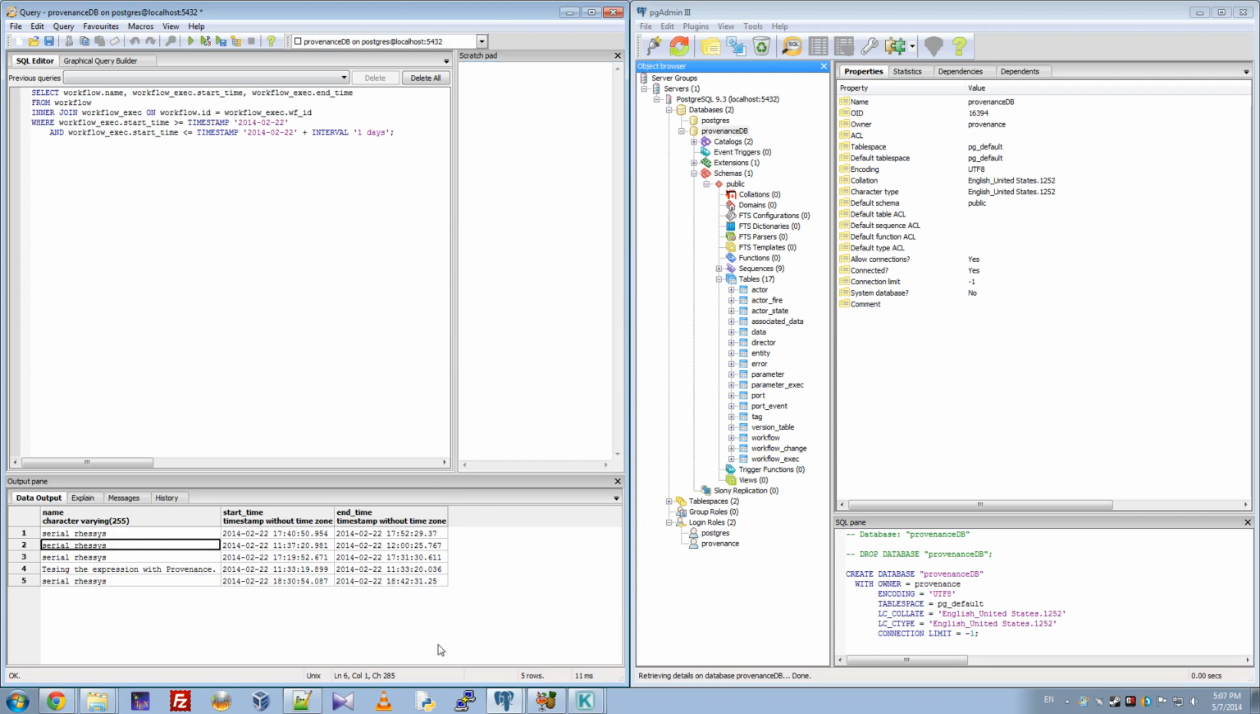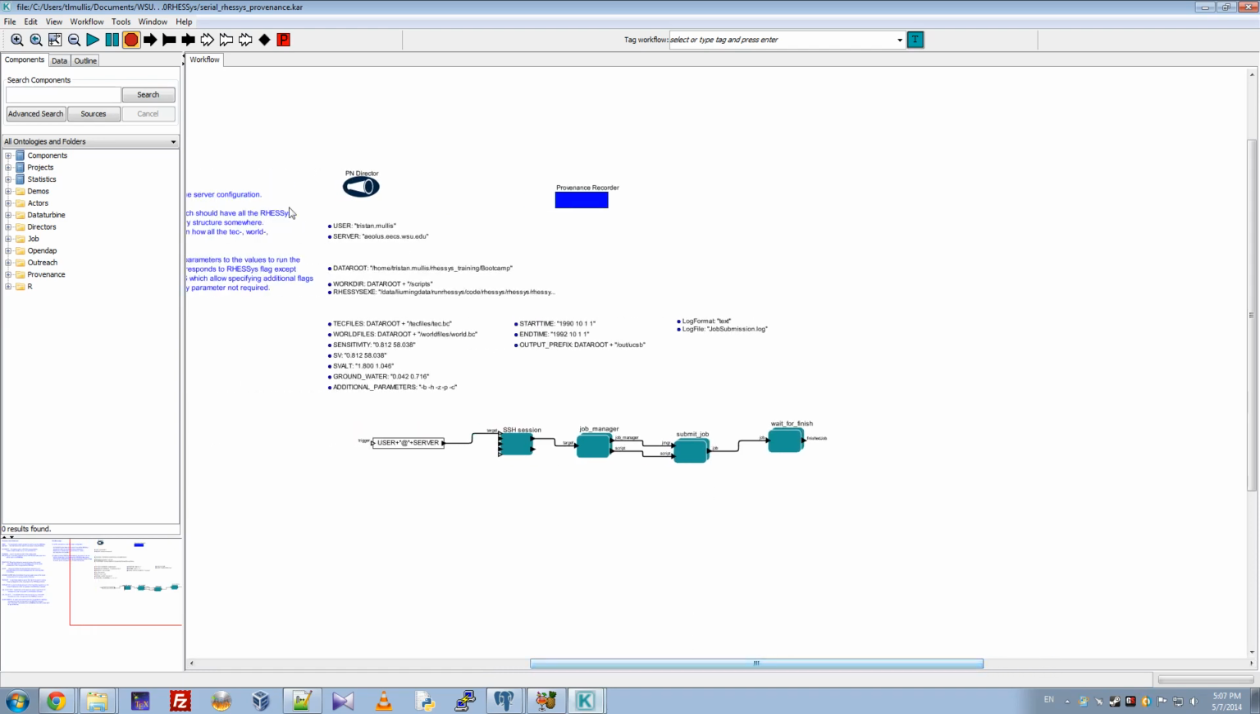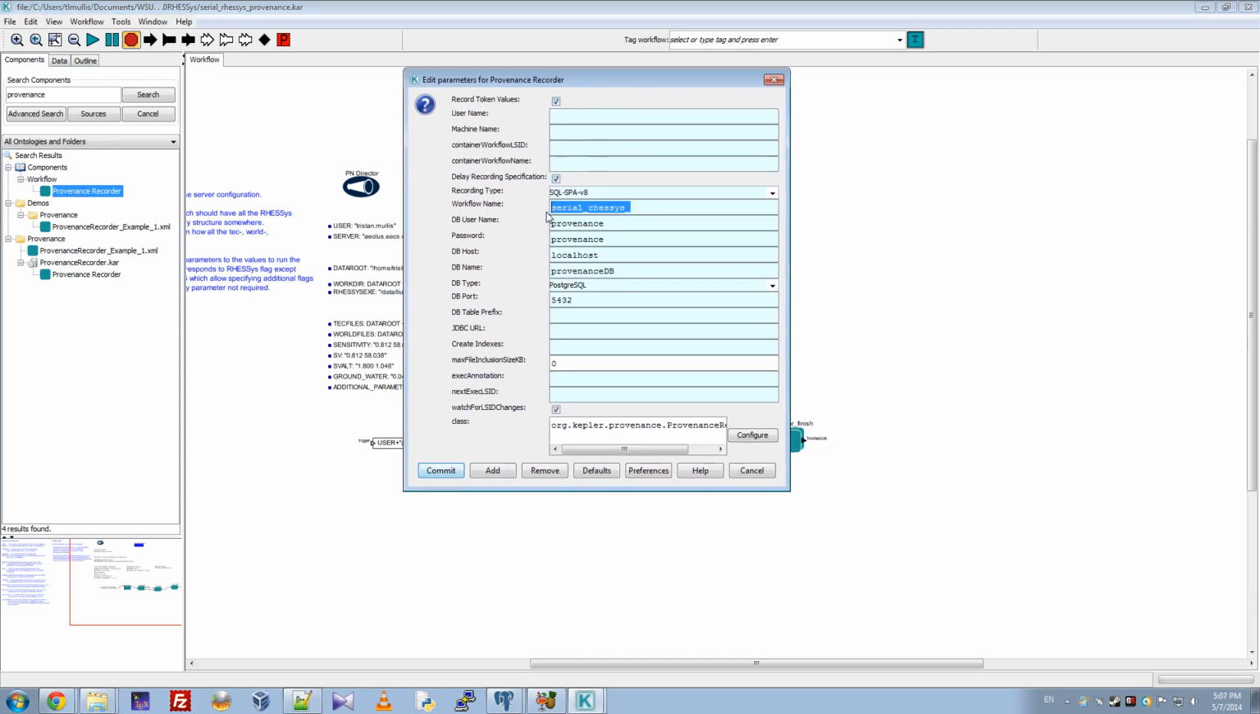So I mentioned that you need to create a user and create a database. How you actually get the rest of this configured within Kepler is, within a workflow, you basically find the Provenance actor. Okay, there we go. So you find the Provenance recorder, and once you insert it in the workflow, you configure it, and the options that you need to worry about are, of course, the workflow name, and the username and password for the database system you'll be using,